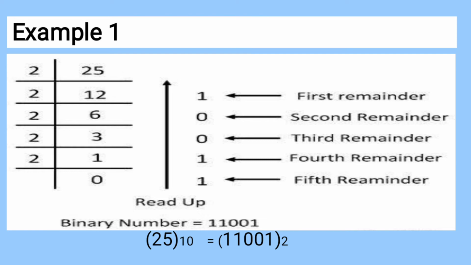See the example. We are starting with 25. First, 25 divided by 2 gives you 12. That is why we have written 12. On this side we will keep writing the remainder. The first remainder is 1. Next we will divide 12. So 2 sixes are 12 and the remainder this time is 0. Next, 2 threes are 6. Write the remainder on the other side, 0. 2 ones are 2. Remainder is 1. And lastly, 1 cannot be divided by 2, so 2 zeros are 0 and lastly 1.